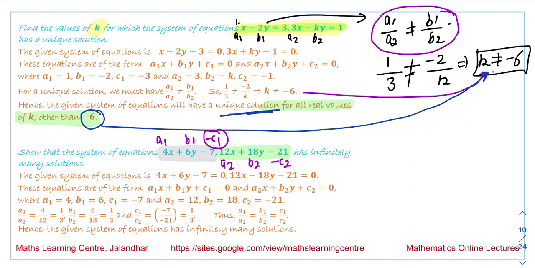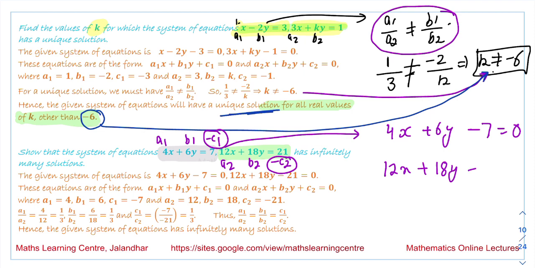Why am I writing minus of c1 and minus of c2? Because we have to convert these equations to the form 4x plus 6y minus 7 is equal to 0. Then it is 12x plus 18y minus 21 is equal to 0. So what we get is a1, b1, c1, a2, b2, c2. Now the condition we have is